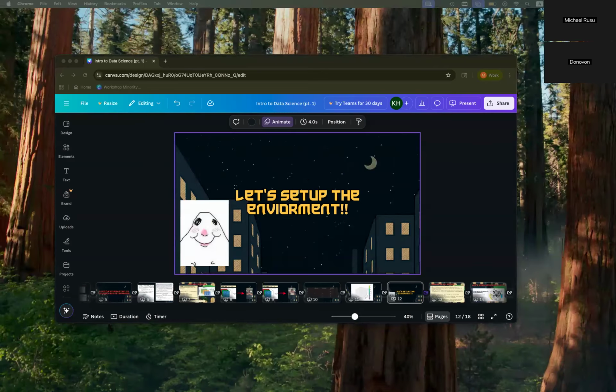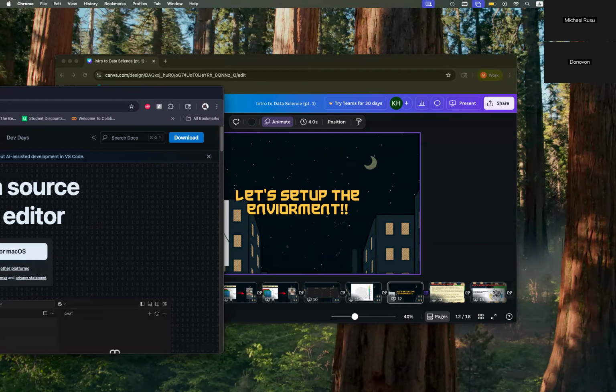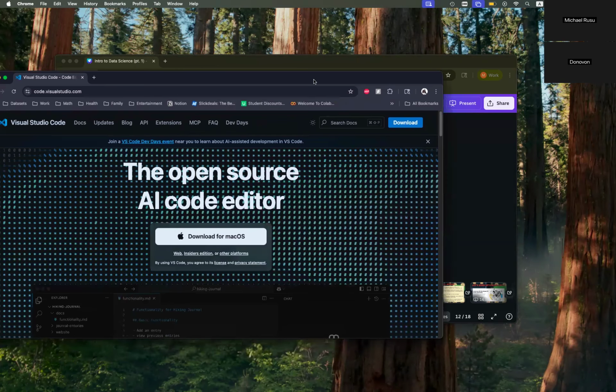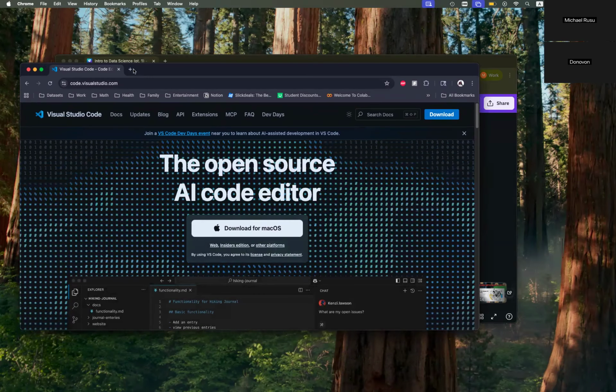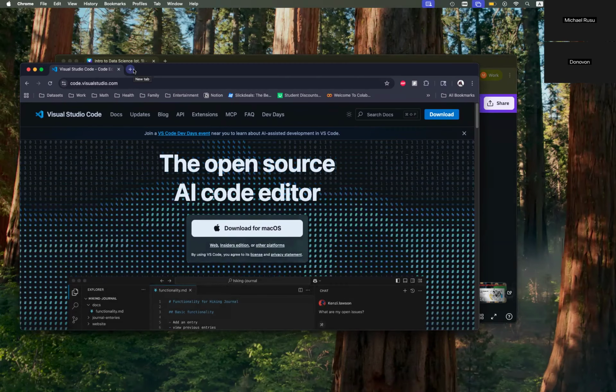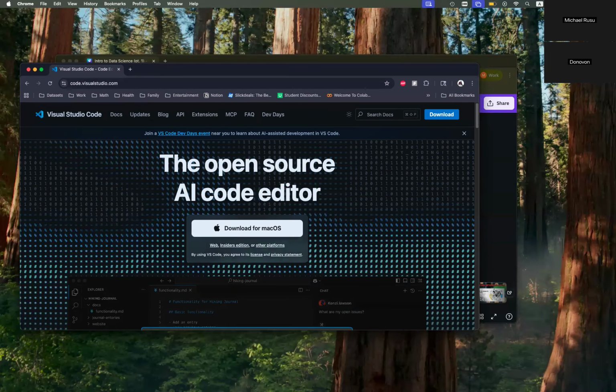VS Code. I recommend downloading it. Pretty much just download it for your OS. I hope you also have Python installed. Okay, we're going to go to Python. You're also going to want to install Python, because then we're going to do a lot of cool stuff.